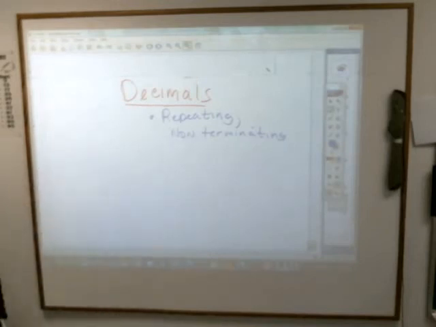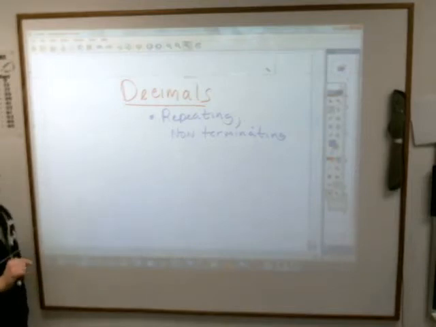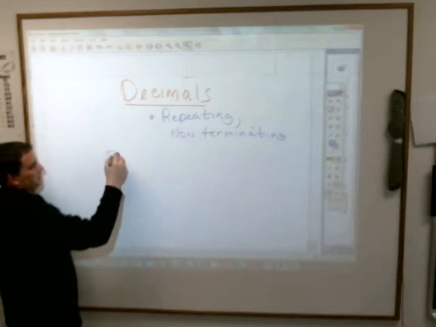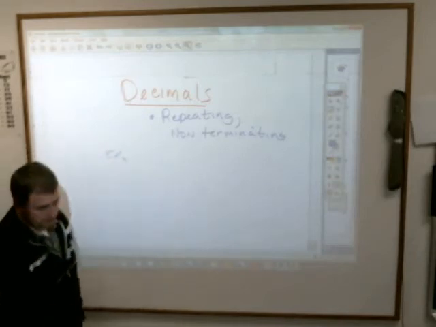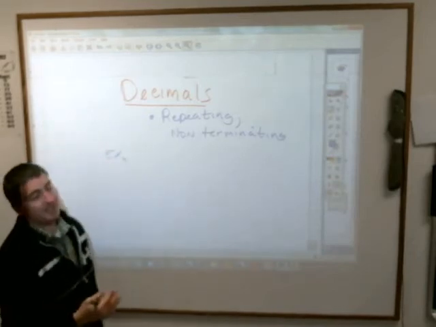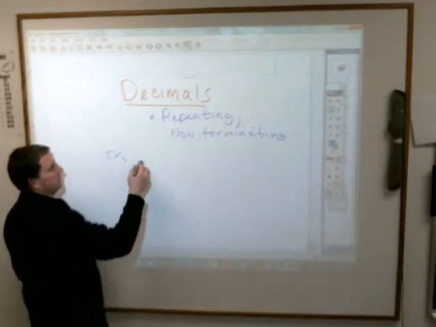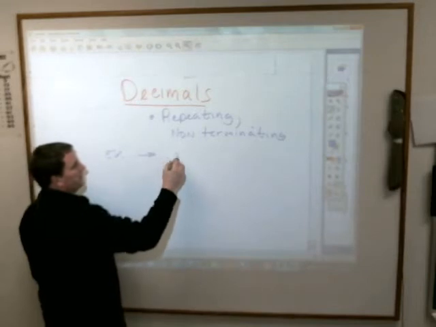Decimals that repeat that are not terminating would be such. Okay, here's an example, just so you know what we're talking about. Repeating means they go on forever. Non-terminating means they never stop. Okay, and we already know some of these. Some examples of that are